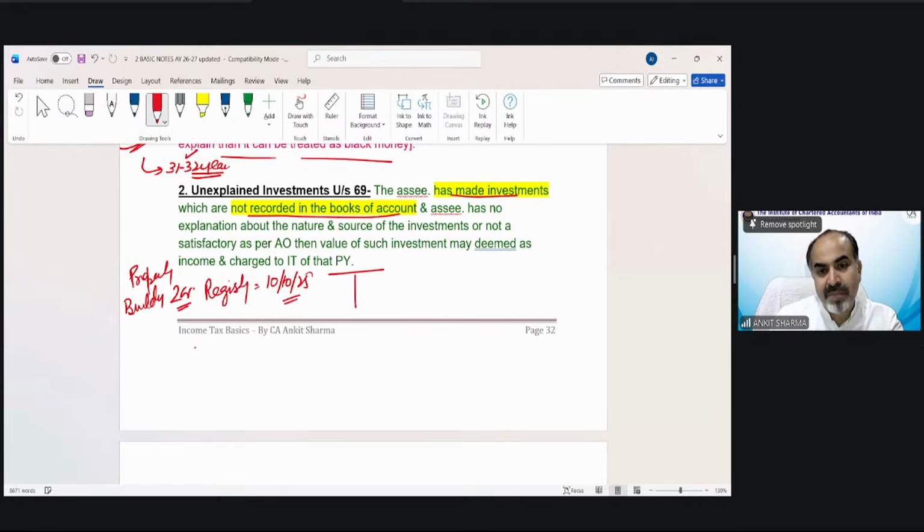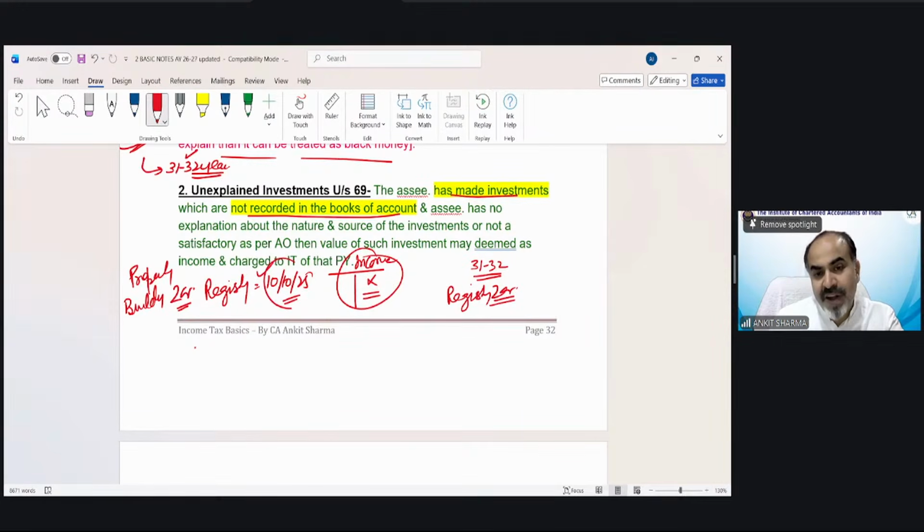The balance sheet is submitted for this year to the income tax department. No property detail has been submitted in this year. Fine. Now in 31-32, suppose the department raids his house and finds this registry. The date mentioned shows that the 2 crore rupees registry was done on 10th October 25, which has not been shown to the income tax department. So the department will assume that this property must have been purchased from black money. That's why it has not been shown in the balance sheet or in the return.